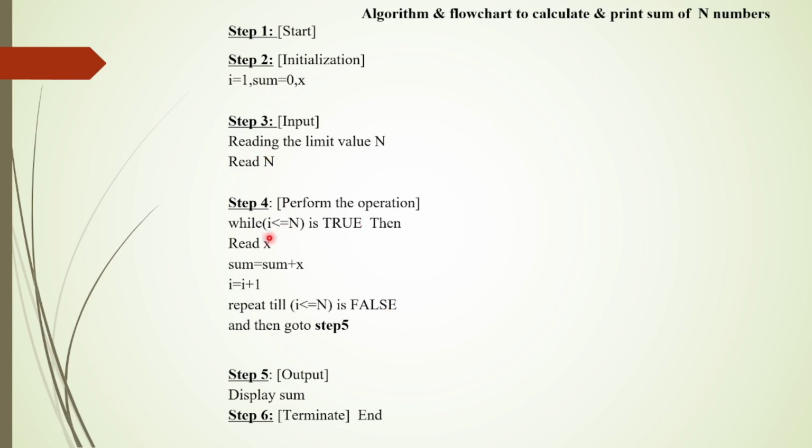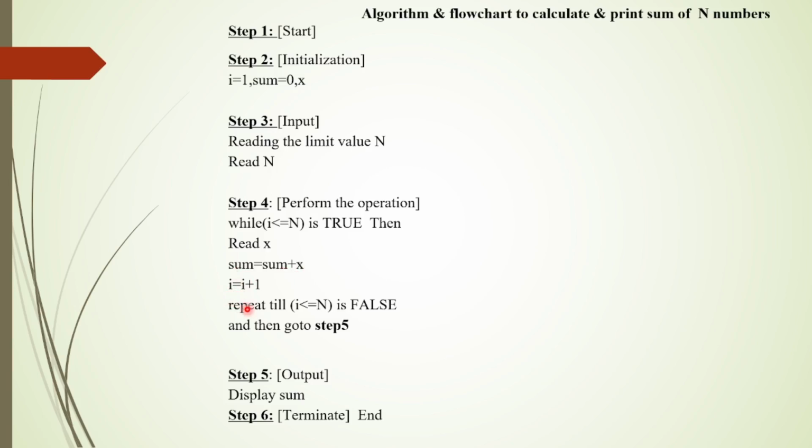Next, I have to check whether the value of the counter is less than or equal to 3. Yes, I is initially 1, so I is less than or equal to 3. True. When it is true, you accept the first number, which will be in x. Whatever that first number is, you add it to the old value 0. Suppose my first number is 3. Now 0 plus 3 becomes 3. So what is my sum now? 3. Now the counter has to be incremented,